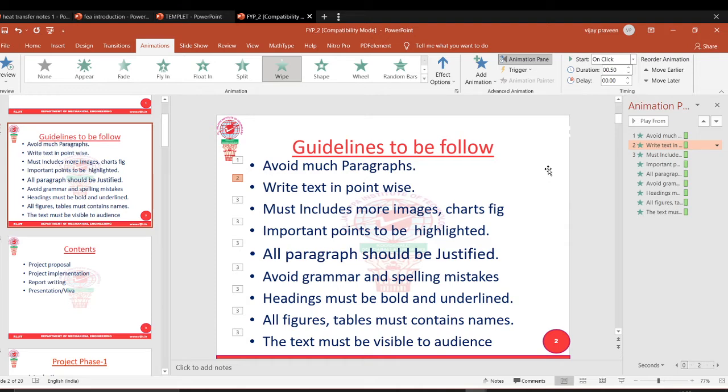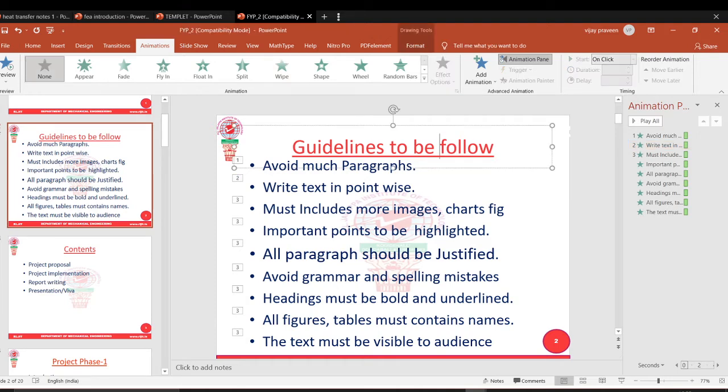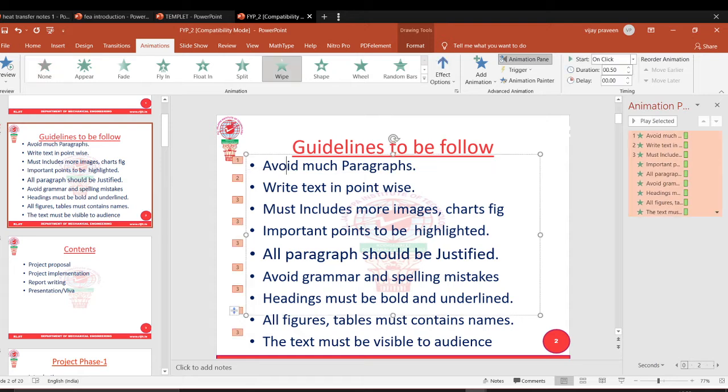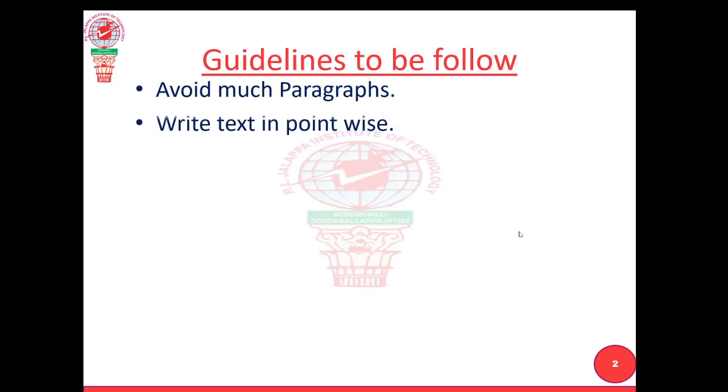So what do I mean by that? Start with Previous means once this one is visible, after that this will automatically come on, and that will automatically be on. But I don't want to do that. Suppose I want to make one point visible that I explained, then second I will click it and the other point should come, and after that again I will click it and then the next has to come. For that, what should I do? I will select this. Instead of that I will go for On Click, and this also I will go for On Click, and everything I'll go for On Click. I selected. Now how will it be?